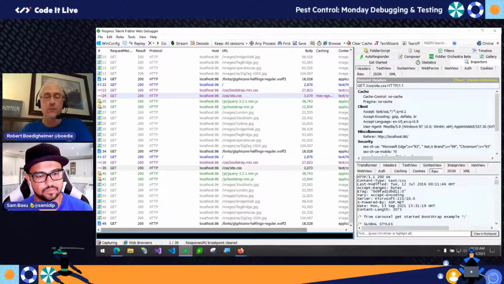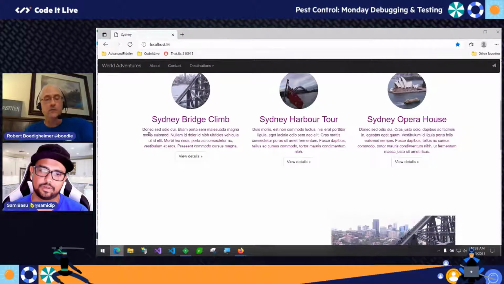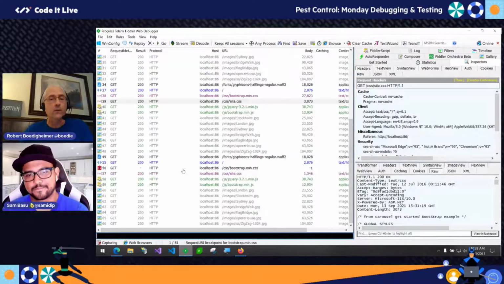It's not BP before. I can't remember the right command now off the top of my head. BPU, I think, on the way up there. BPU bootstrap.min. This is going to capture it before it goes to the server. So in this case, I'll hit Control F5. Requests going out to the server. That's kind of a way to do a composer on the fly.